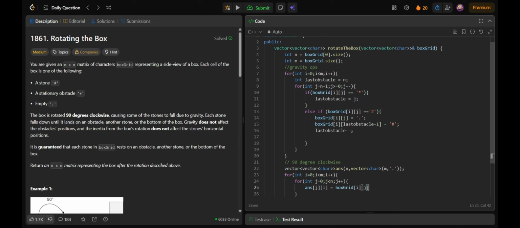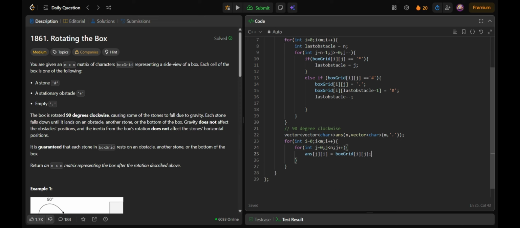Because I'm calculating the transpose here. Okay, so I've now filled my answer and I have calculated the transpose. But I know that 90-degree clockwise actually means that my jth column would be becoming my n minus j minus 1th column. So I'll be swapping the first and the last columns. So I'll do that.